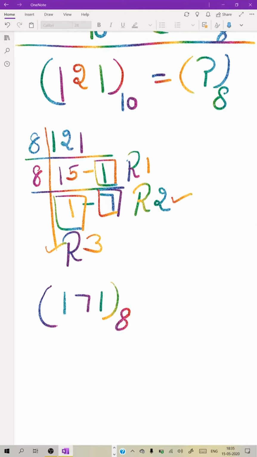Always the digits in octal are 0 to 7. If 8 or 9 appears in any number, then there is some mistake in your question. So only 0 to 7 values are in an octal number. Again you can see here, you divide by 8. 8 1s are 8, remainder 4. 8 5s are 40, remainder 1. 8 1s are 8, remainder 7. So your answer is 171.